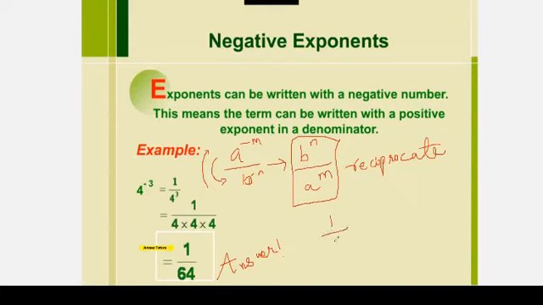Even if the negative exponent is in the bottom, what you have to do? You need to simply switch it around. 1 over 2 power negative 5 is the same as 2 power 5. Whenever the negative exponent is in the denominator, take it to the numerator. That's all. That way, you can change the negative exponent to positive exponent. I hope you understood the negative exponent property.